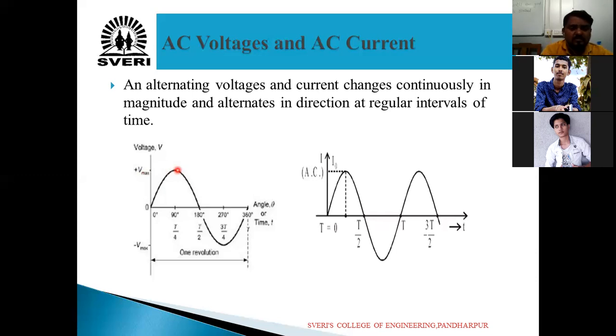Instantaneous value. One more definition is there. Instantaneous value is nothing but, suppose at time 0, omega t equal to 0, the value of the voltage will be 0. After 30 degree, what is the value here now? It may be some value here now. This is the instantaneous value here now. For 30 degree, 10 degree, 20 degree, and 90 degree, 120 degree, 140 degree, 160 and 180 degree, each point we get a value, that is called instantaneous.